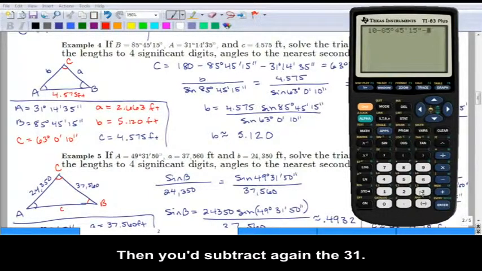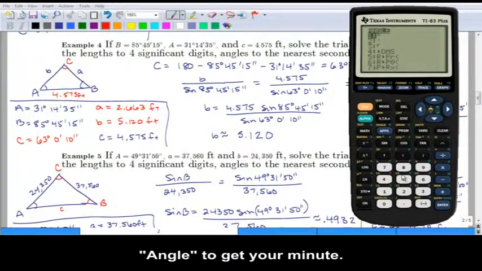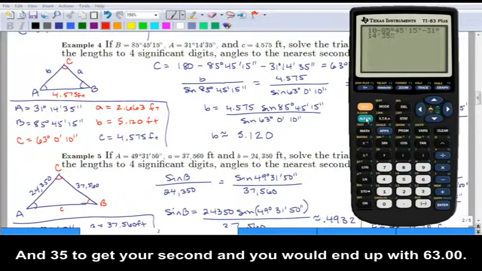Then you would subtract again the 31, you go to angle, get your degree, 14, angle to get your minute, and 35 to get your second, and you would end up with